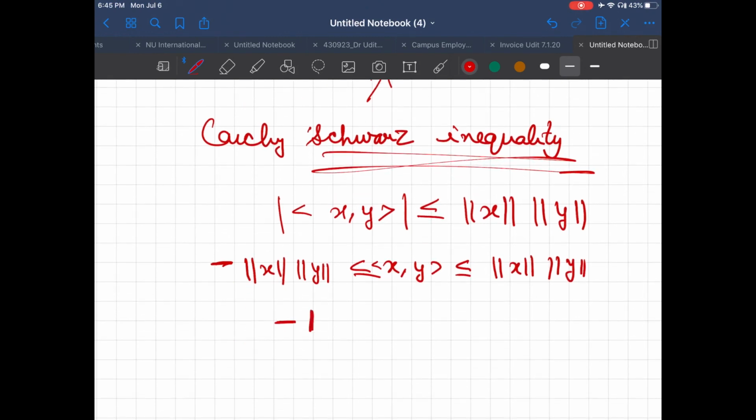So we can easily write this as -1 has to be less than or equal to xy divided by